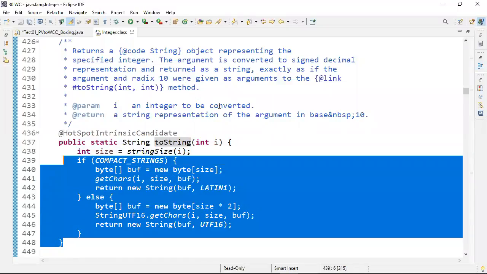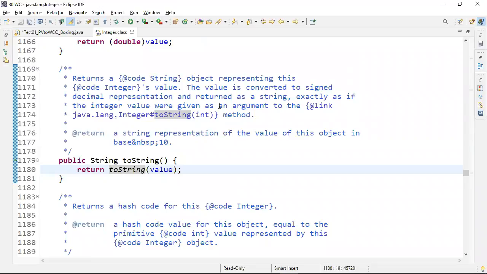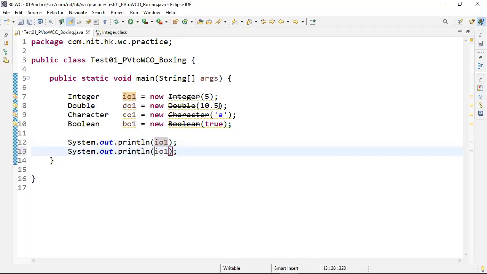Okay, data of the object only is returning to us. There is a little heavy code, but no need to worry that much. Now finally, what is the point? Whenever you try to display a wrapper class object, the content is displayed on the console. Are you catching my point? Content is displayed on the console, because the toString method is overridden in all the wrapper classes.